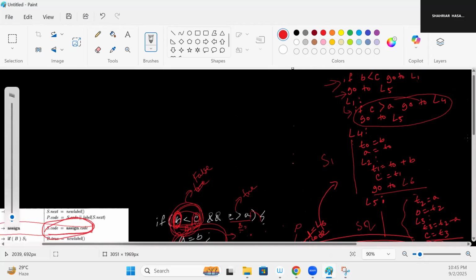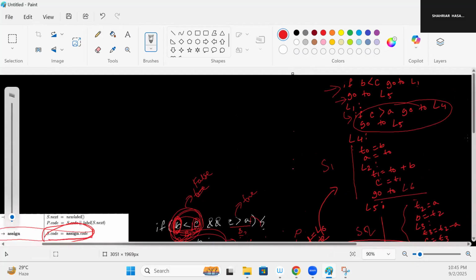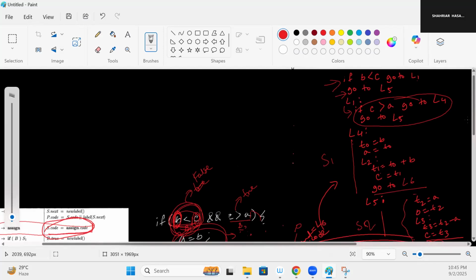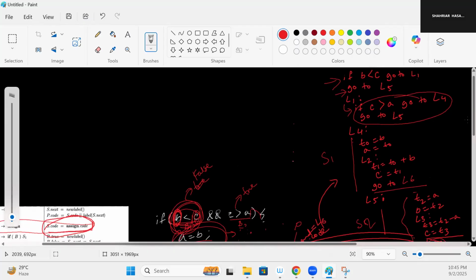However, see one thing, we have some redundant go-tos here. Isn't it? We have redundant go-tos and redundant labels. We could have reduced things completely. See here, for example,